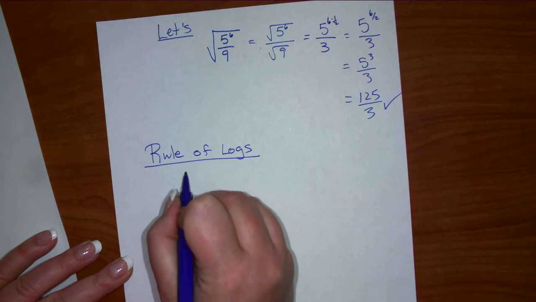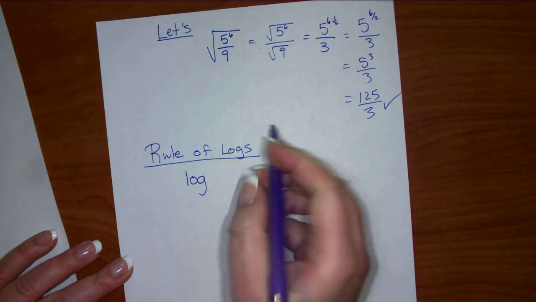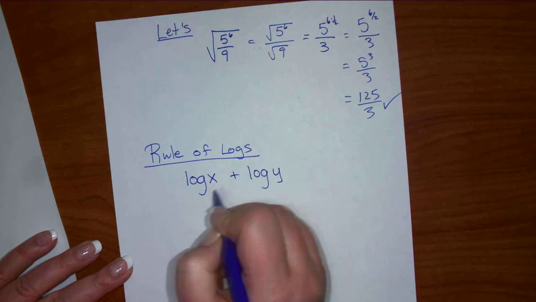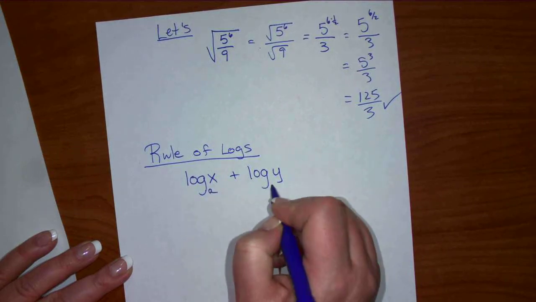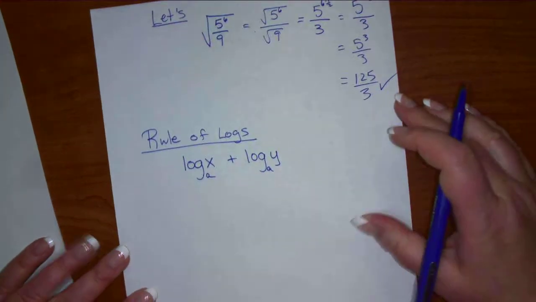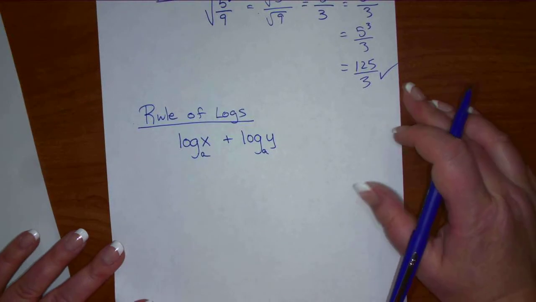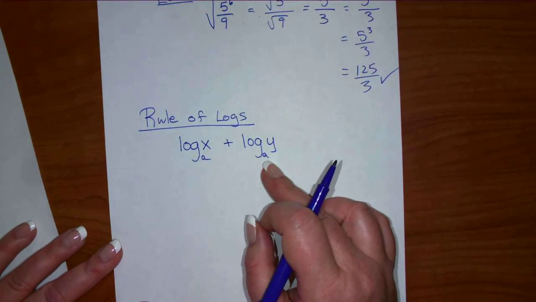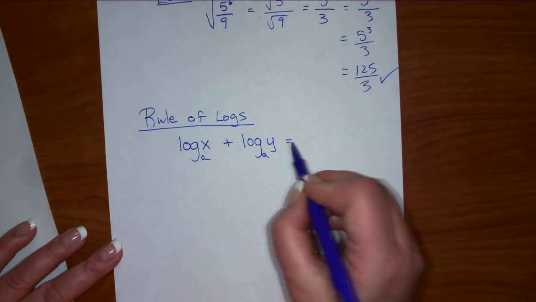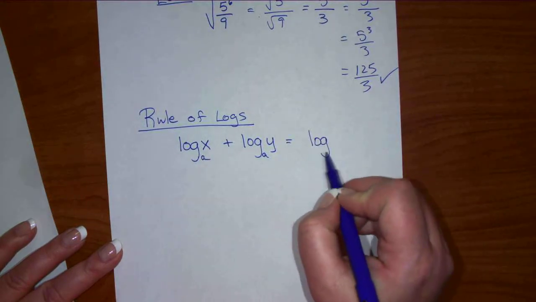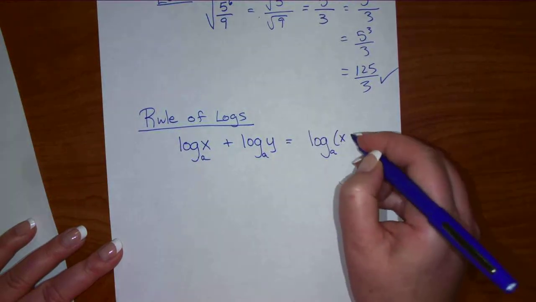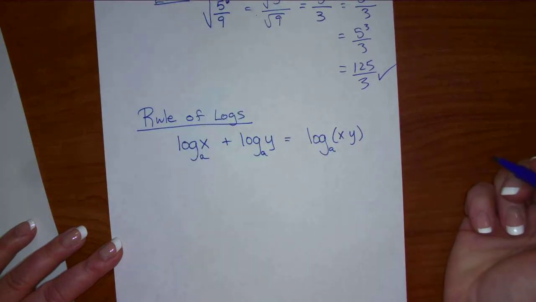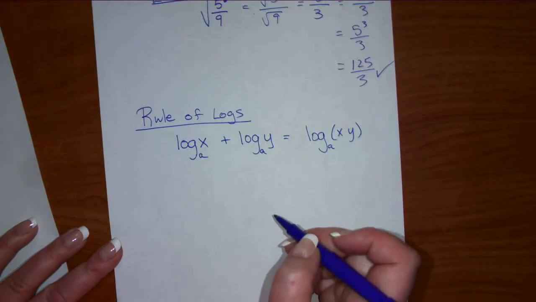Okay, as long as these are the same base, which they usually are in a question when there's more than one log. If we have 2 logs that are added, you can combine them to be 1 log by multiplying the argument. Or backwards. You can take,